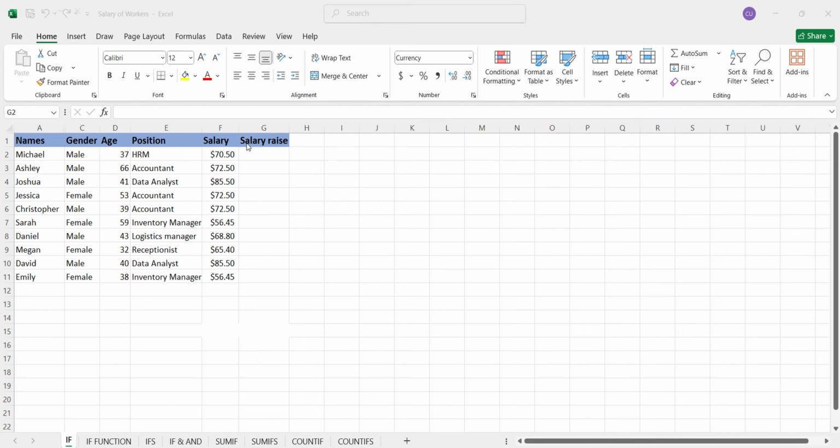So here we are going through the employees' salaries. You can be given 1,000 rows to work on, and this is an easier way to find those that will get a salary raise and those that won't. So the formula, the IF formula